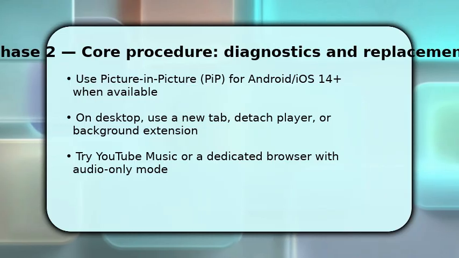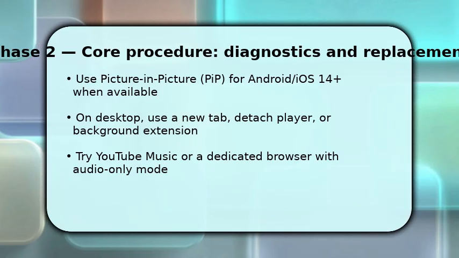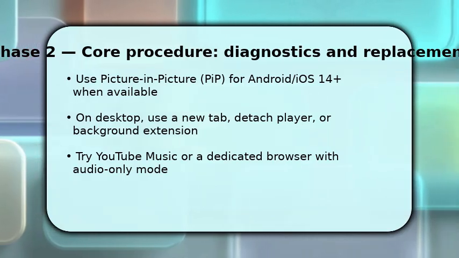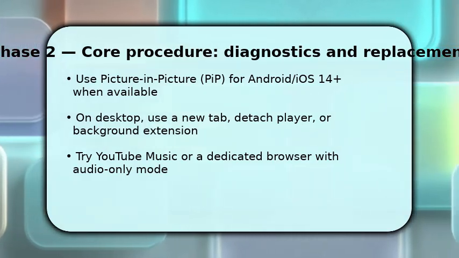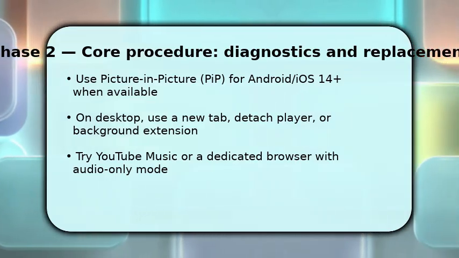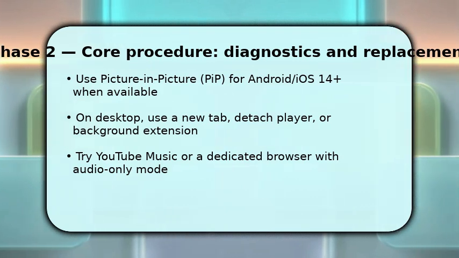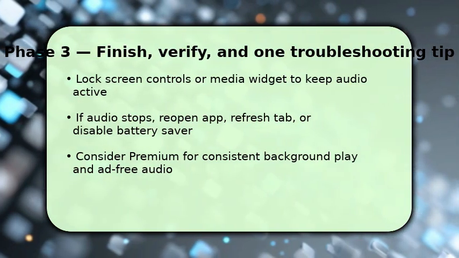If you lack Premium, use YouTube Music or a browser extension that forces audio-only playback. This reduces CPU and lets audio persist. Make sure to keep the controlling tab or app running in the background. To finalize, lock the screen and use the device media widget or notification controls to pause, play, or skip without